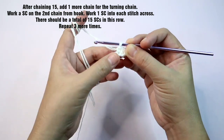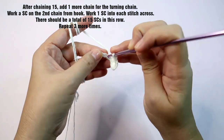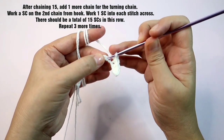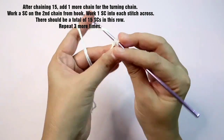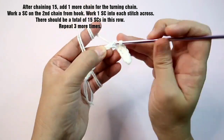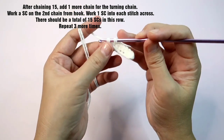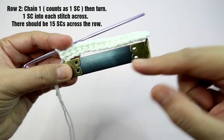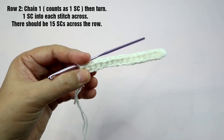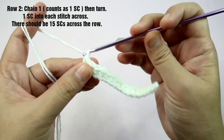And I will keep on working 1 single crochet into each stitch until I get to the last chain. So there should be 15 single crochets in total for this row. I'm making sure that I have the size of this flex frame, and then after that I am going to work a chain 1